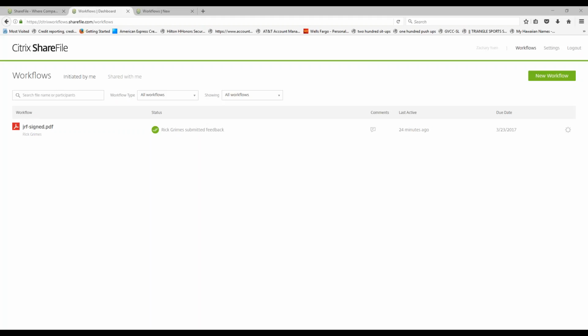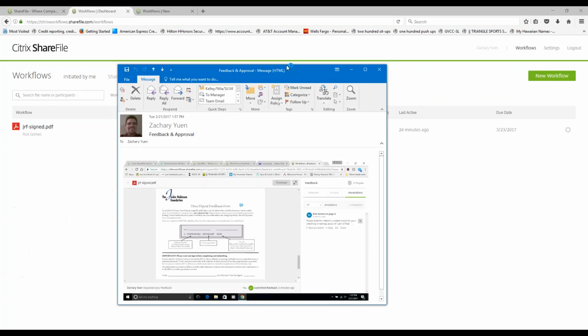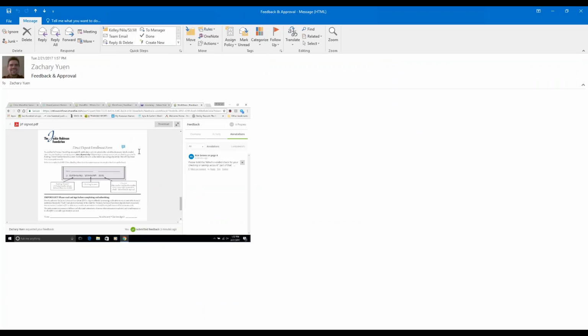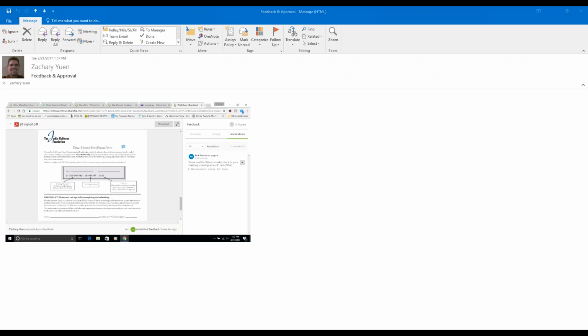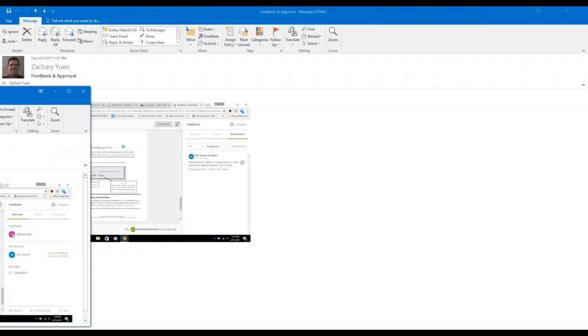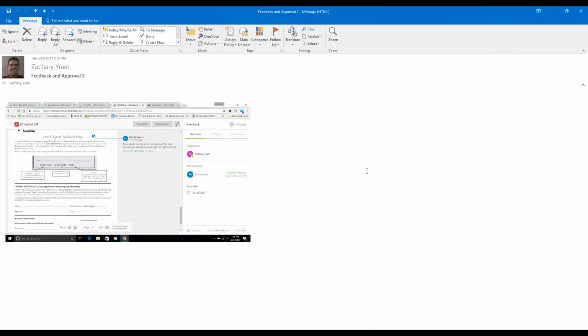I had to pull this from my email, so sorry if this is a little on the small side. This screenshot is just this little blue portion here. This is an annotation. If you notice, Rick Grimes told me to change the wording of this particular sentence in my paragraph. When I get the notification telling me to change this or letting me know what Rick wants done, I can go in here. And if you notice on this screenshot, which I'll big screen real quick, it shows that I agreed with what Rick